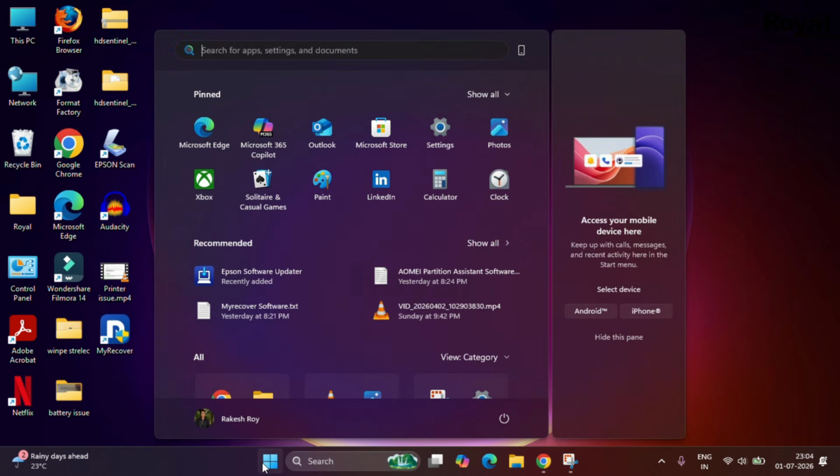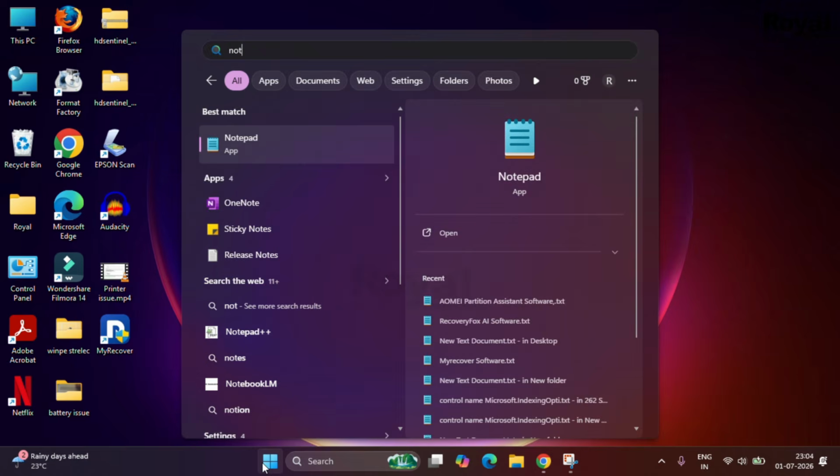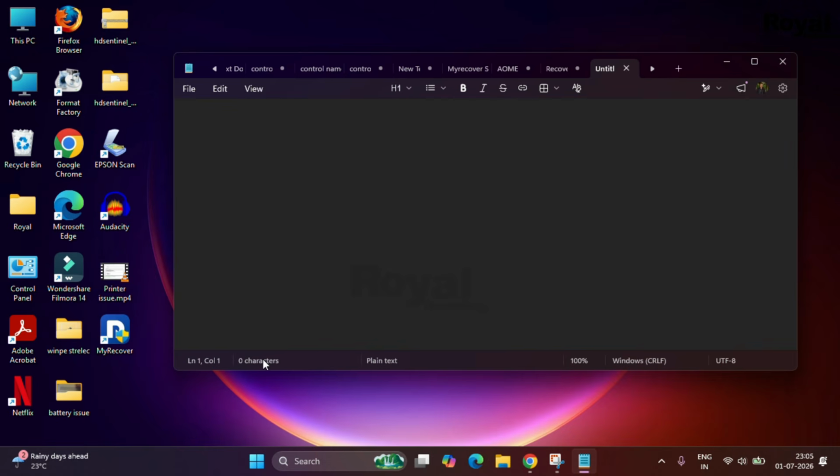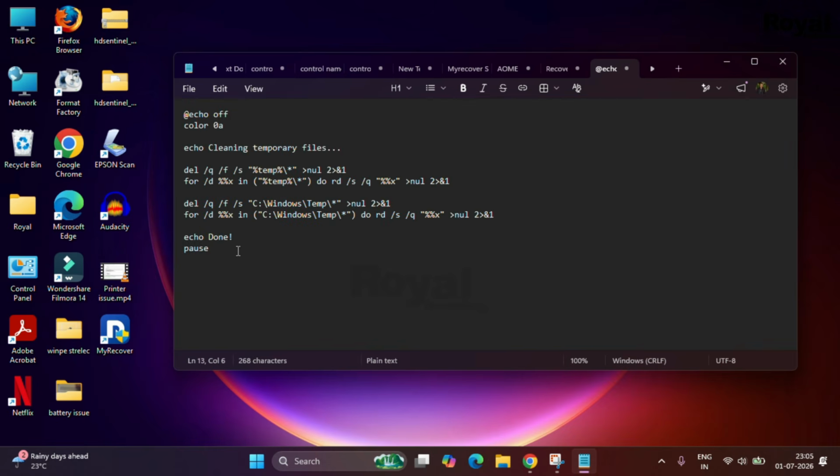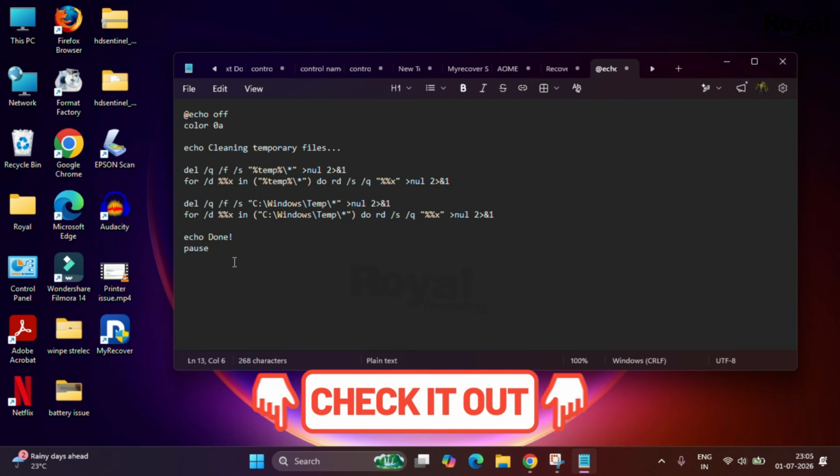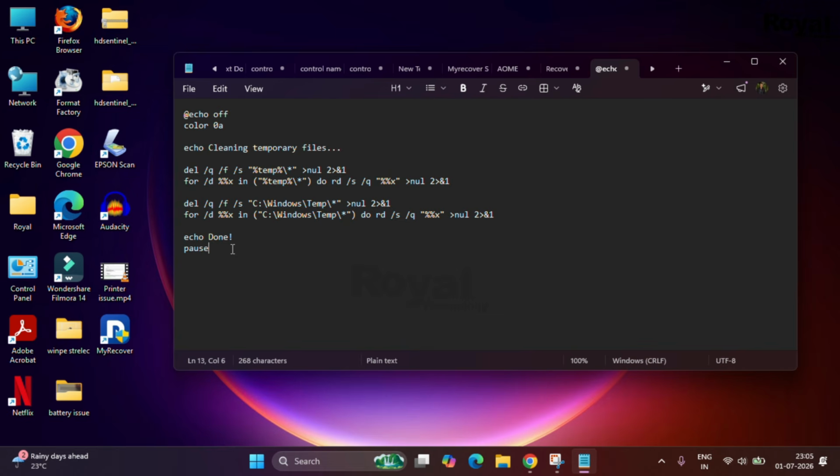Just click on the start menu, search Notepad, open it, and paste this code over here. I will share this code in the description also. If you want, you can copy paste, or I will pin this in the comment section also. You can copy from there. Okay, so once you paste,